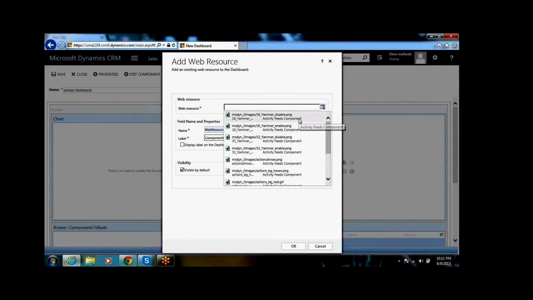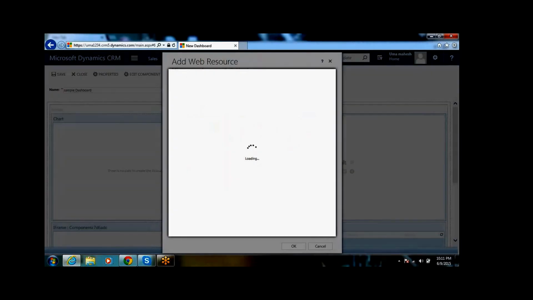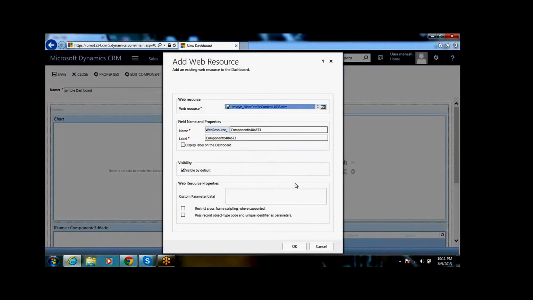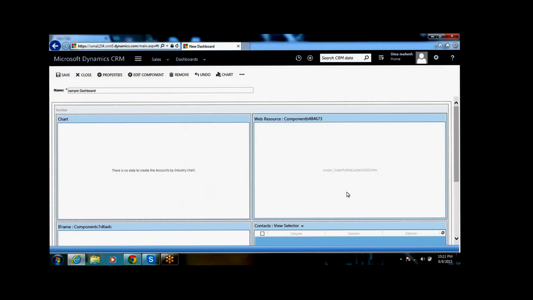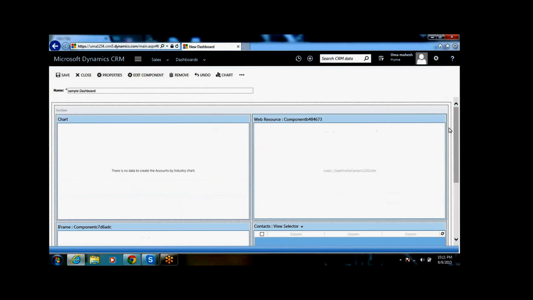For example, I'm putting in an HTML page. So I'm putting it here. Like that we can create the dashboard here.